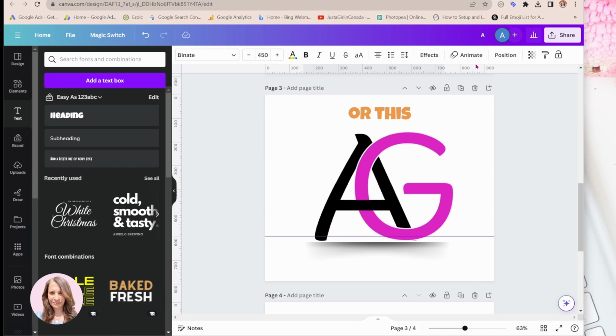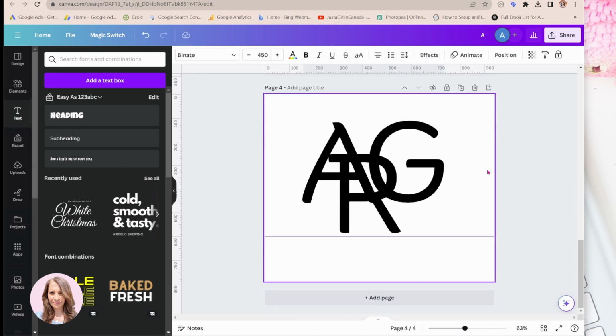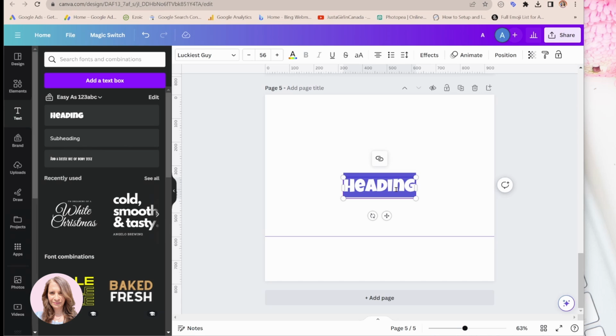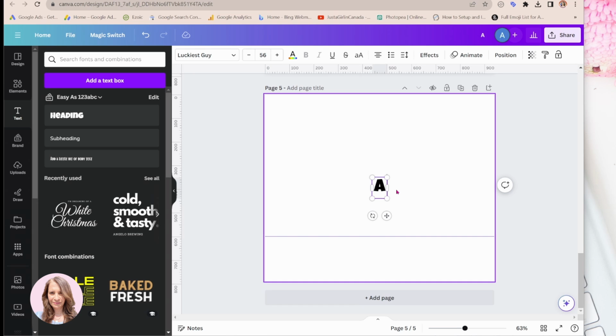So what I'm going to do is start with a new page, and add some characters. Now I'm going to keep the characters separate, or you can keep them together. It really doesn't matter, but I'm going to keep them separate just because it's easier. So I've got an A there,